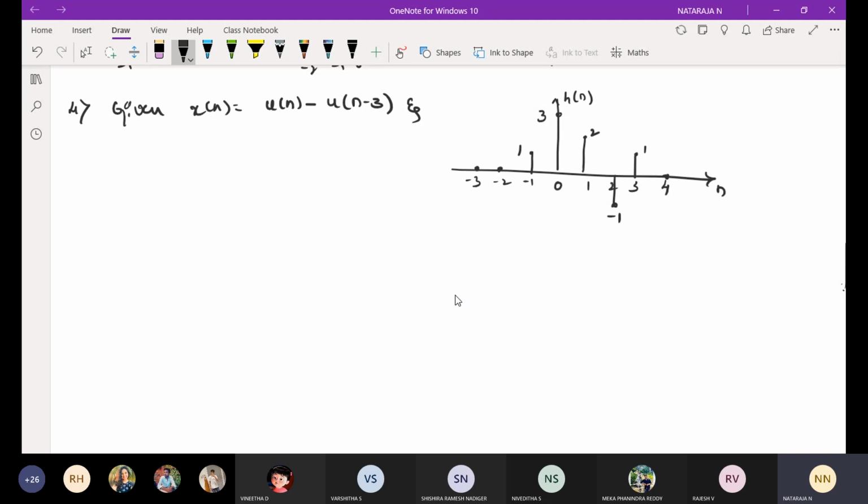They had given h of n, and they had given x of n by an equation. By making use of this equation, you should find the graphical representation of x of n. Then that will be changed to x of k and h of k. Use the formula and find the value; the length you have to find, L samples we need to find, and the n value we need to find. Okay, tomorrow you have to show the answer for this problem. Yes, sir. Still 2 minutes time is there. Can you try to sketch the signal for x of n?